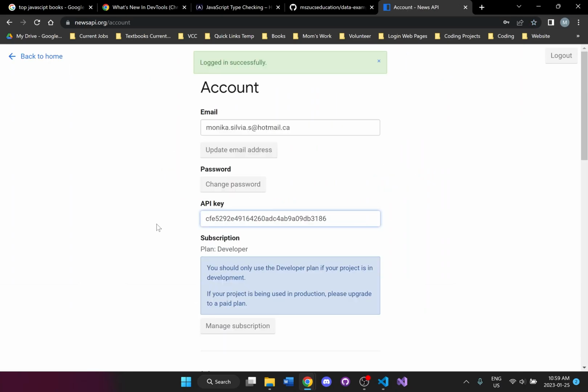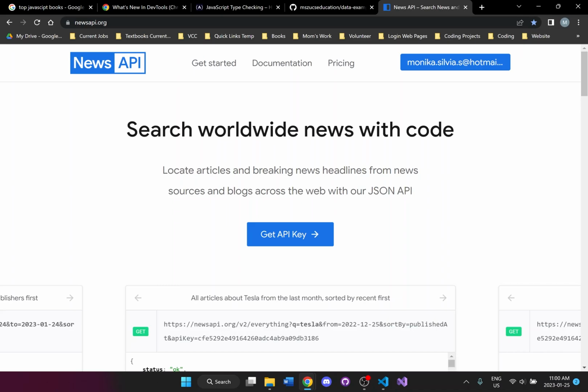So you should log in and register and make an account. You should be able to see here you have an API key, and this is my API key. I'm going to change it later on, but here you can just copy this and you can then begin to use this API key in your projects. So let me go back to the actual documentation here.